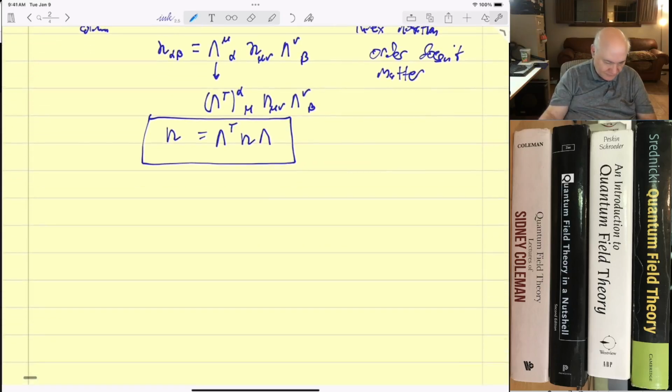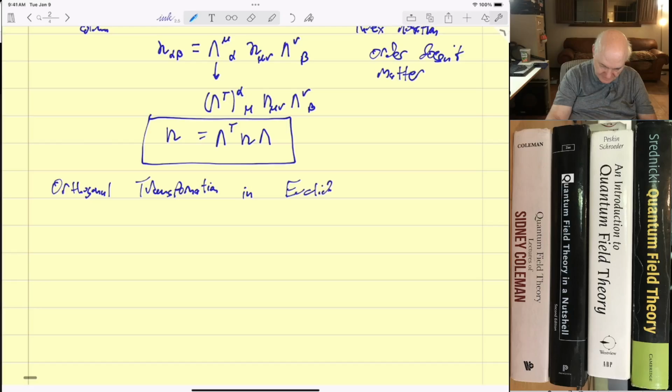Now this is very similar to what we do in orthogonal transformations, in, let's do Euclidean space. So in Euclidean space, the metric is all ones on the diagonal, and it doesn't matter whether we use lower or upper indices, they're all the same. But what we need for an orthogonal transformation is if we take the dot product of a vector, or the square, let's say x prime a, this has got to be equal to